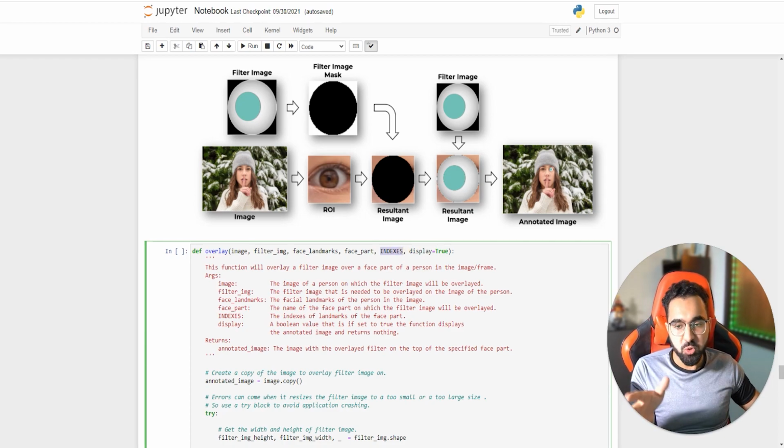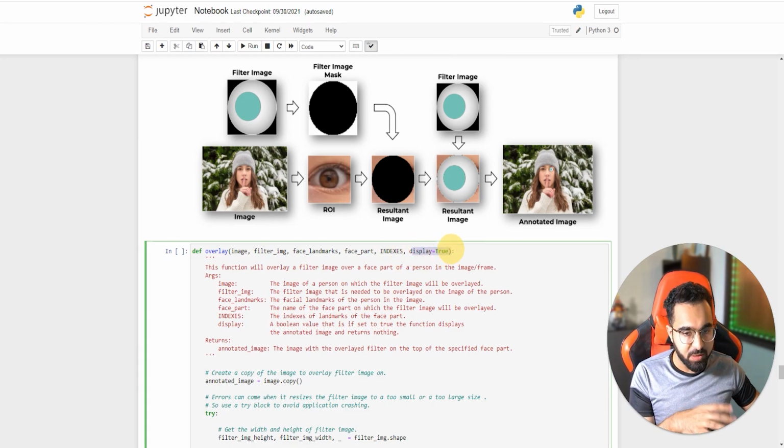Remember, initially I showed you that you can get indexes of any facial part. So when I'm working with eyes, the indexes are the indexes of the eyes. Similarly, if you want to replace the mouth, then the indexes would be the lips indexes, the mouth indexes.